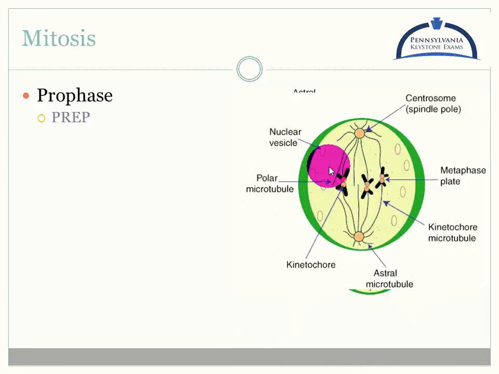After prophase, or our prep phase, we have metaphase. And the way I think about metaphase is in the middle. Your chromosomes are lining up along a metaphase plate, or a plate in the middle of the cell. So you can see they're trying to line up in the middle. You'll also notice that these centrosomes, or these spindle fibers, have moved all the way to 2 opposing poles, or 2 opposing ends of a cell. And the idea is that they're going to latch on to these little circles, and then they're going to use them to kind of ratchet and move away.